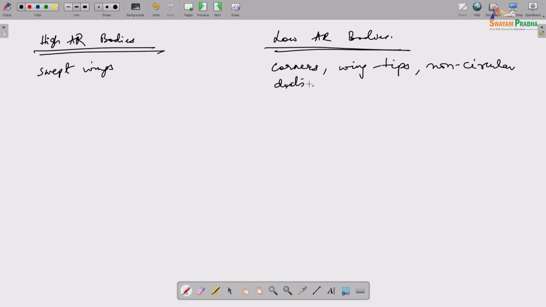Span-wise gradients are comparable to normal gradients. Let me draw this. Say a swept wing, so you can have